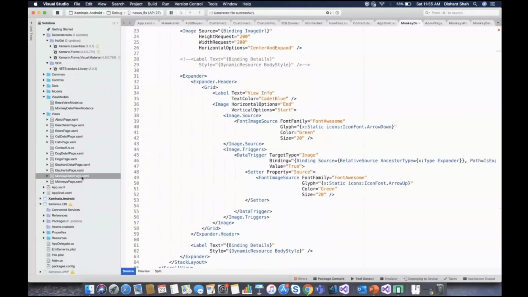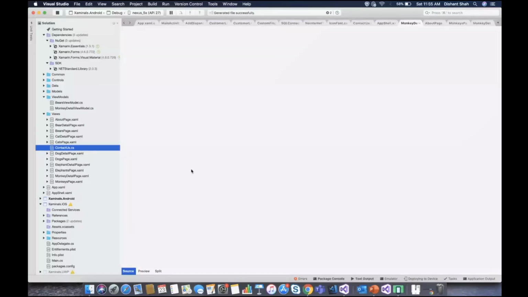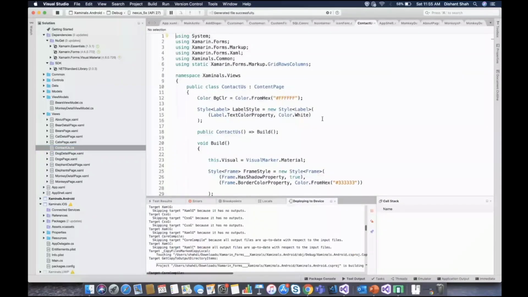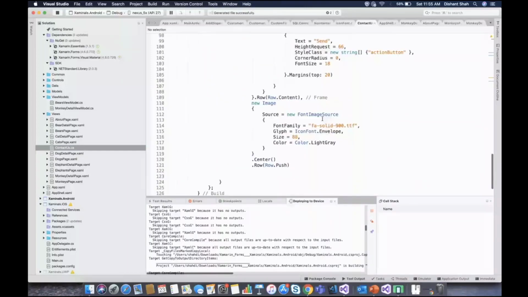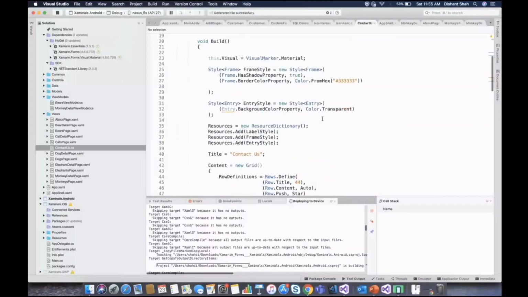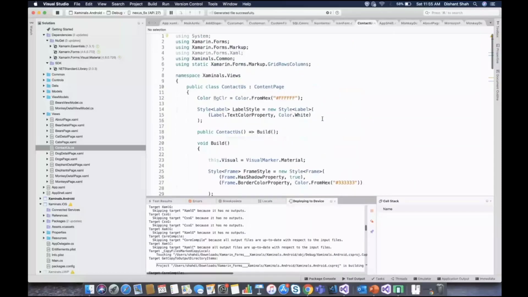So I have this contact us page. This entire page is created using C#. There is no XAML for this page. Let me quickly navigate you through the controls which I added as part of this page. As I mentioned, I have added a few of the markup extension namespaces, and apart from that, I have this build method.